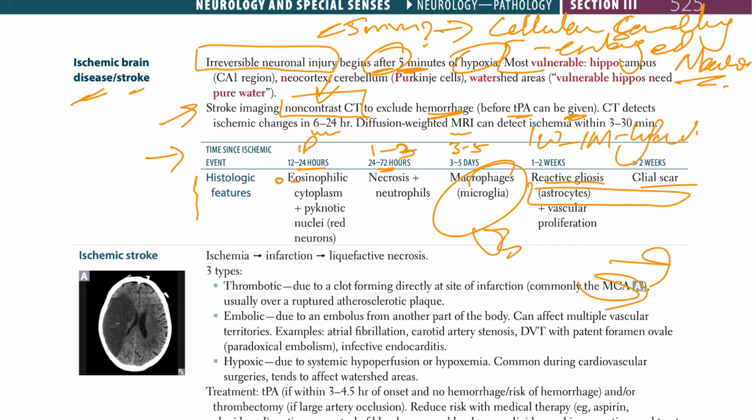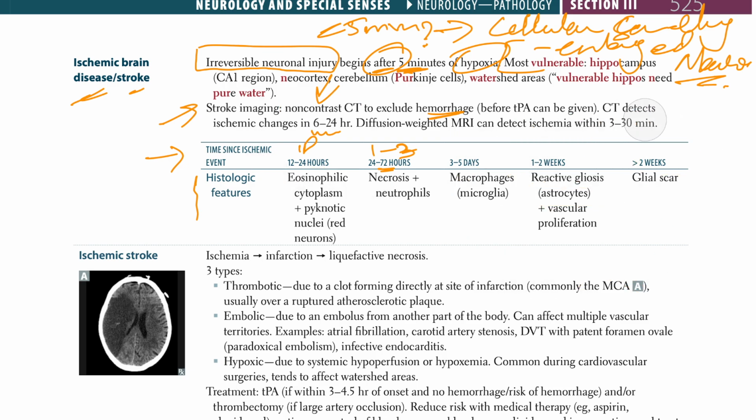So let me write this down: 1 week to 1 month, liquefactive necrosis. Greater than 1 month, in that liquefactive necrosis area, there's going to be formation of cystic cavities, which will be surrounded by a wall composed of dense fibers, which are formed by the